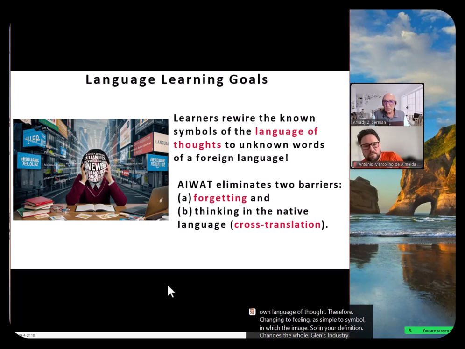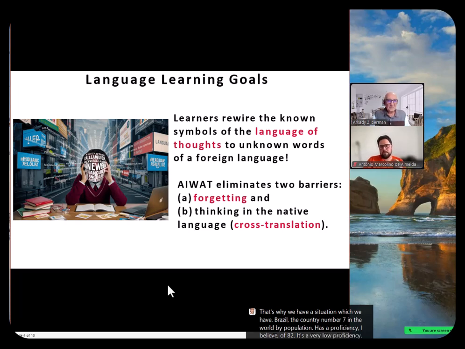Because what we do now, we try to remember words of a new language as translations from our native language. It will not work. It doesn't work. That's why we have the situation which we have. Brazil, the country number 7 in the world by population, has a proficiency, I believe, of 82. It's a very low proficiency.